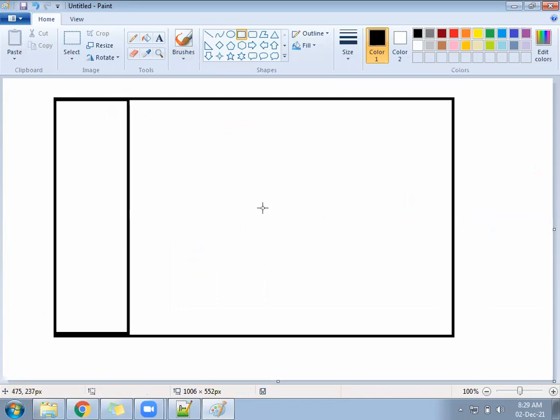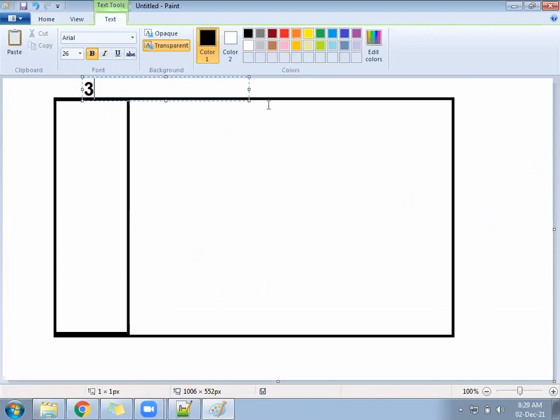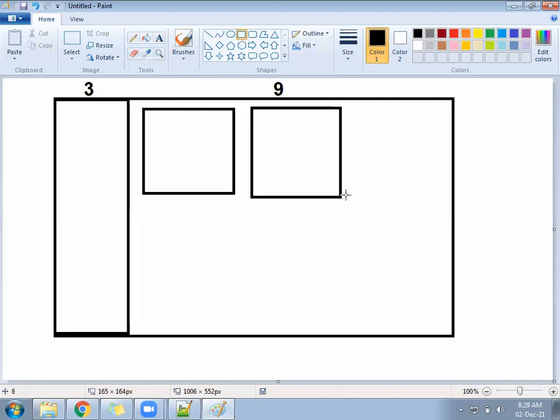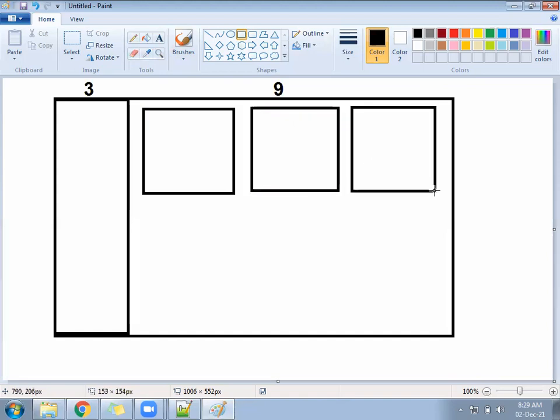Two columns is ready. Now inside the 9, let me write here. This is for your 3 and this is for your 9. Under the 9, suppose you want to create again multiple rows, like first row, second row, first column, second column, third column. This is in one row. Again here, one more row.